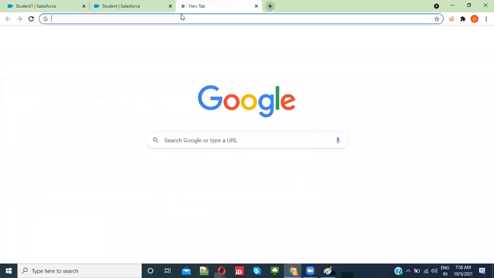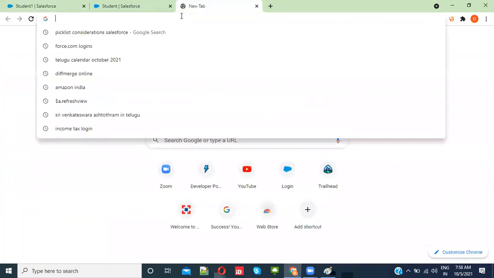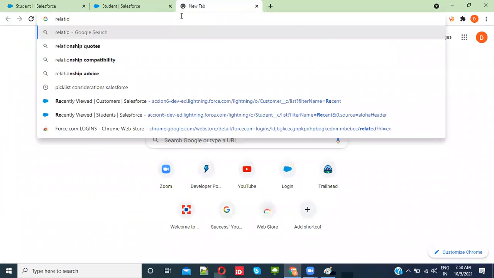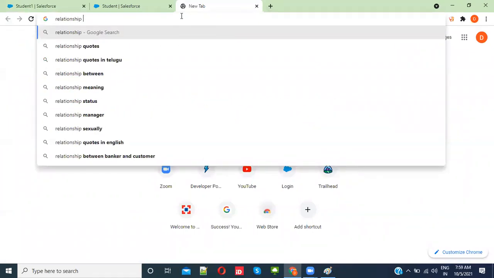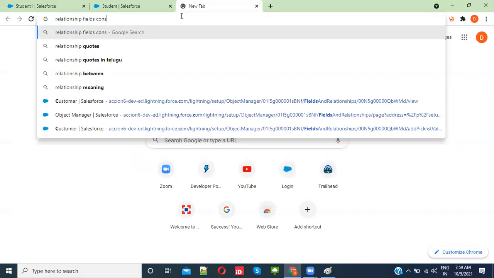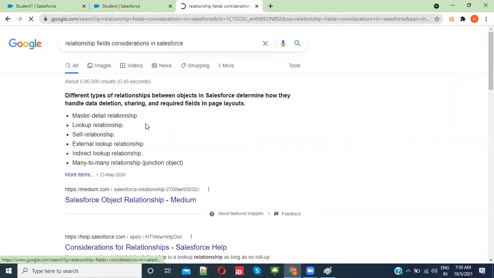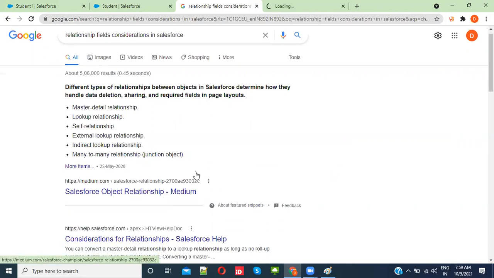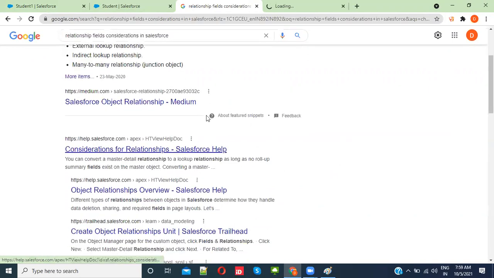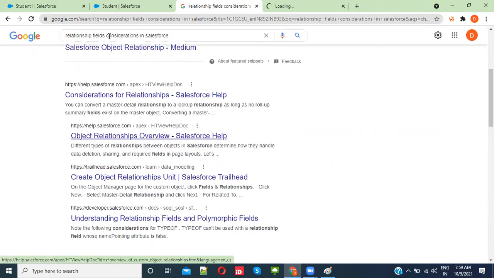Okay. Now, if you want to see the relationship considerations, you have to get this information clearly in Salesforce. There are different relationships: master detail, lookup, self relationship, external lookup, indirect lookup. These many are not required. Considerations, or what you can say is limitations.